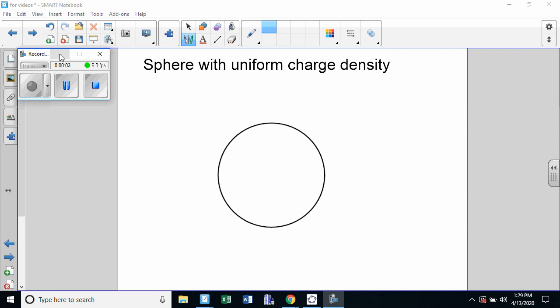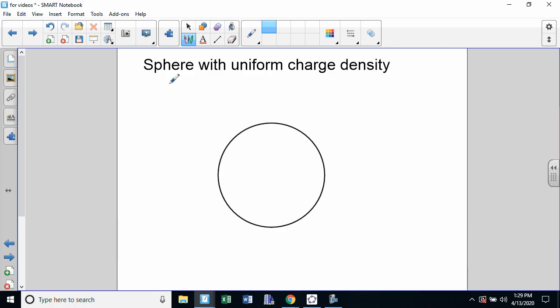Okay, guys, the last Gauss's law video is a sphere with uniform charge density. So this would not be a conductor. A conductor is going to have charges, in an electrostatic situation, accumulate just on the outside of the sphere. So we have some insulating material where maybe the negative charges